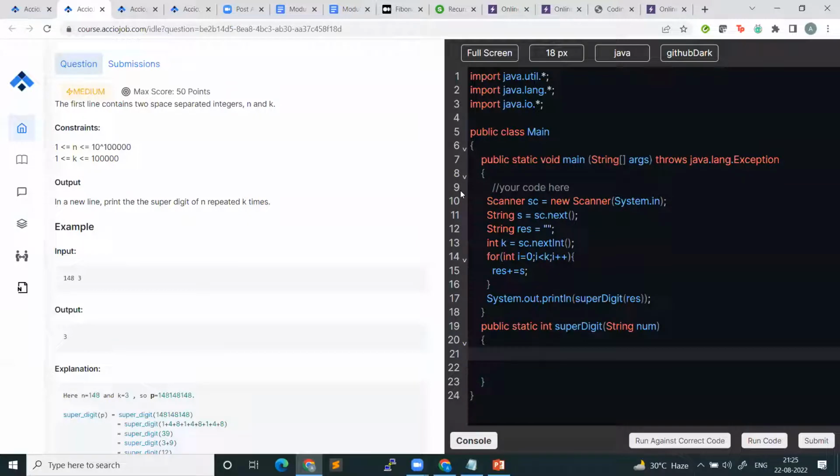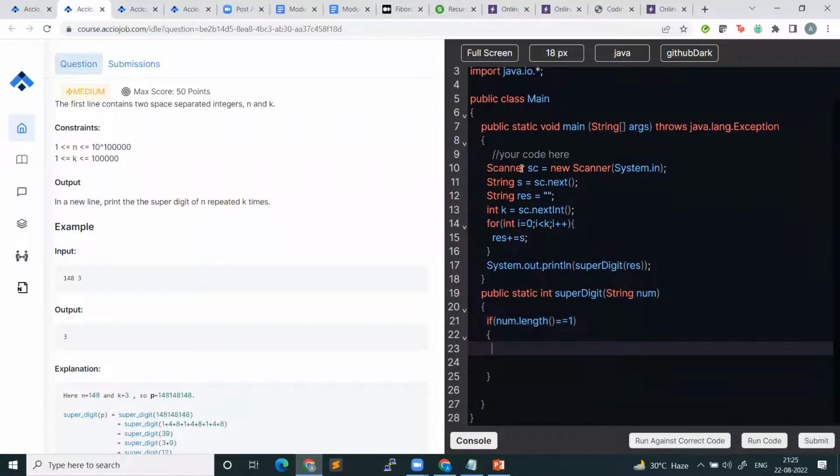So first of all, what do I check? First of all, I check if num.length, if the length of this string num is equal to 1, that means I am looking at a single digit. And I know what will be the answer, right? So I can convert this string into an integer and return it. So how did we convert strings into integer? Integer.parseInt, right? So I will say return Integer.parseInt(num). So I will parse this num as an integer and return this integer to the caller,